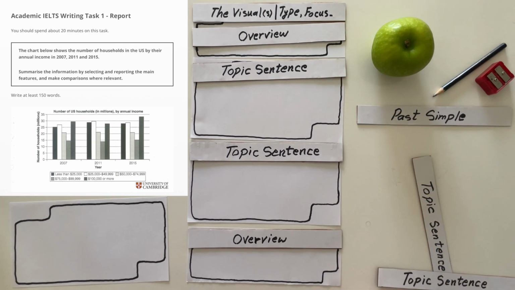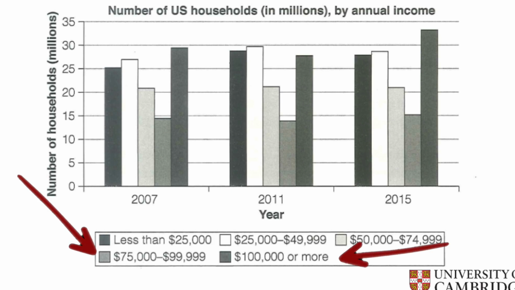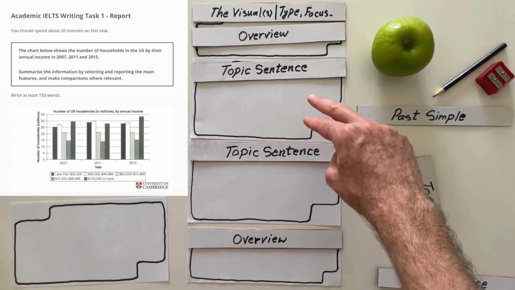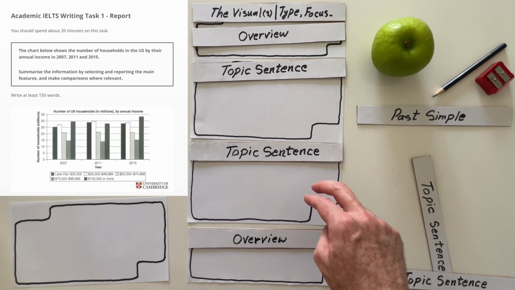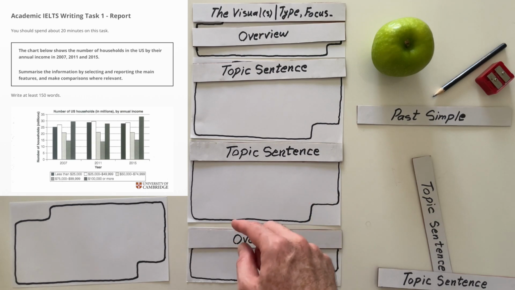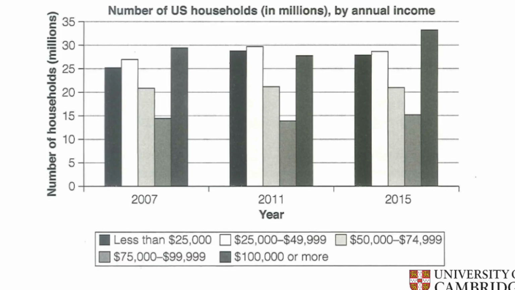This paragraph is going to focus on the 75,000 to 100,000 and 100,000 and more groups, the two groups on the right-hand side. This one is going to focus on the boring part, the less than 25,000 and 25,000 to just below 50,000 group. So two groups,